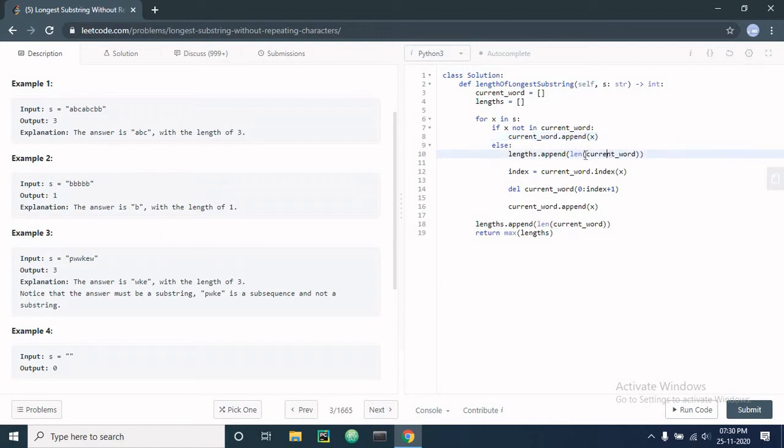We append the length of the current word to our lengths. Then we take the index of the current letter and delete the current word. But here we also append X at last, as we will cut the only W, KE will remain. So we again loop through it, and here you can see that W is not in